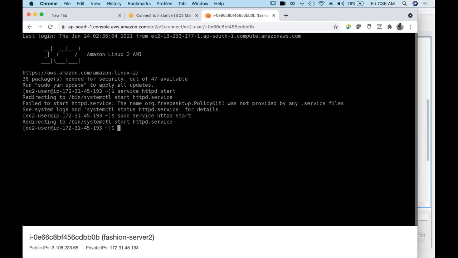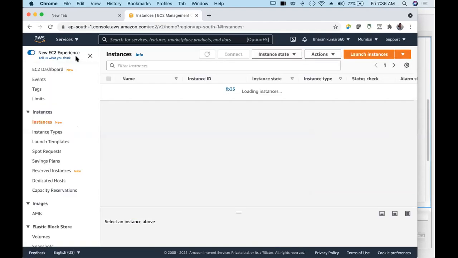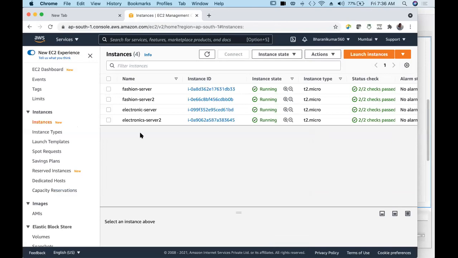Okay, sudo has resolved the issue. And then close. And we know these instances have paths which we required, and then index.html pages are there, and HTTPD services are also running in all of these 4 servers.